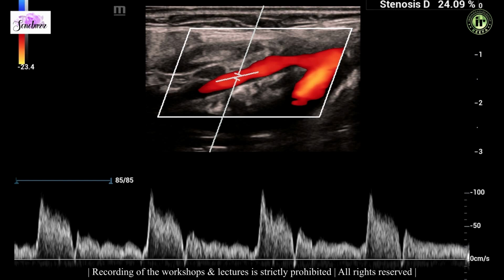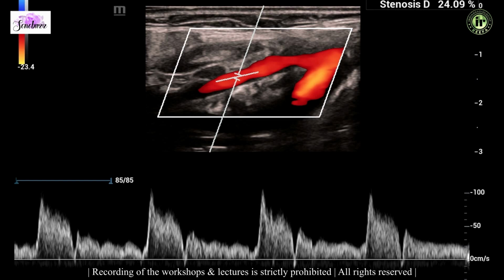pressuring the tragus there, and you will see the reflections of changes in peripheral resistance of the superficial temporal artery being reflected in the diastolic flow component of the ECA. This is a confirmatory test that it is indeed an ECA, and this is important when the ICA gets occluded and you see only one vessel and you have to determine which is the external or the internal carotid artery.